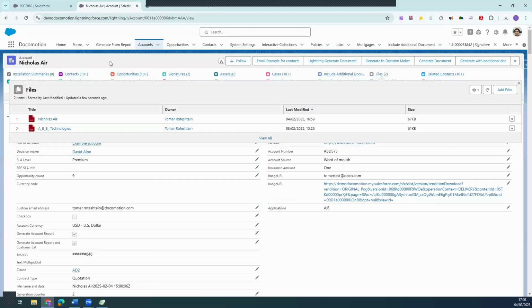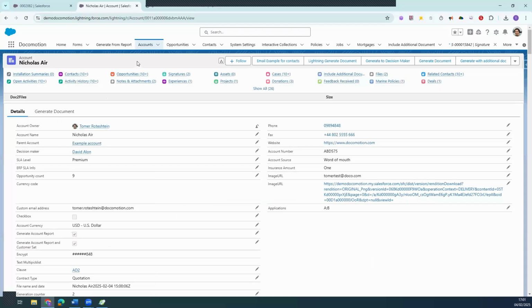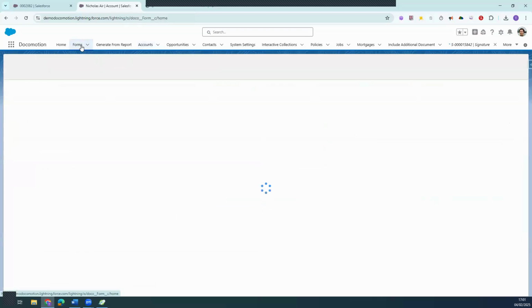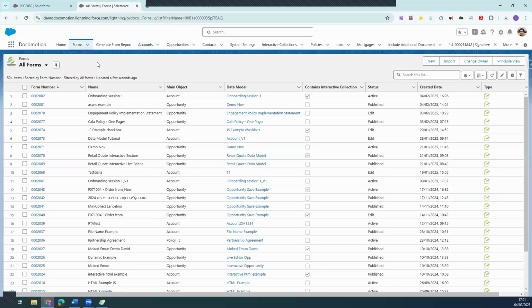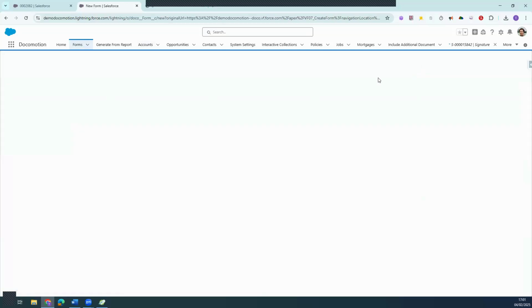So this shows you how to create a more complex template, and it's really useful for those scenarios. And the last part will be, actually, before we move to automation, I will just show you another nice capability. So I will jump into the Forms tab. And let's say I want to create a new template, but I have a PDF file, for example. So I can click on New,